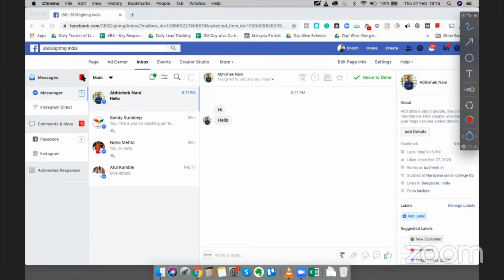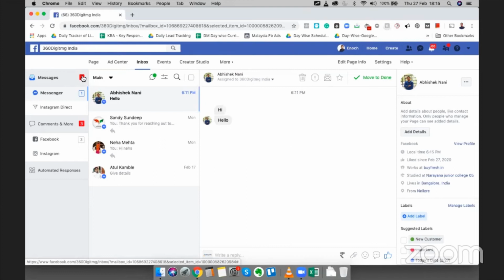Now the question is, why would you want to mark it unread? Pretty simple. Let's say you're handling it and you're unable to answer the query and you want to leave it open for the next person to come in and answer. To make their life easier, you can just mark it unread and this person can simply see all the unread messages and respond to them. And you can start the message saying that, hey, this is an important message and it needs to be followed up. And this is where I can chat with the person.